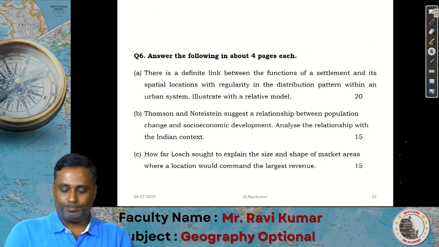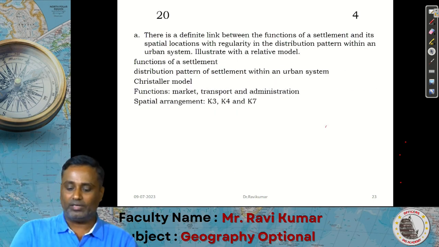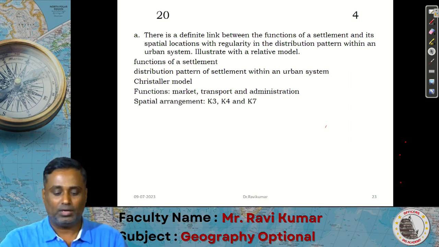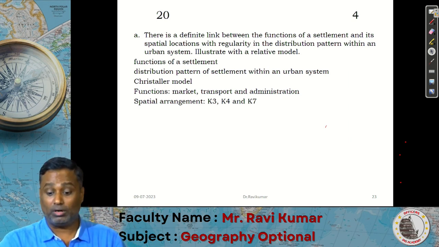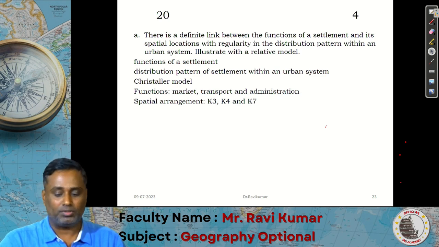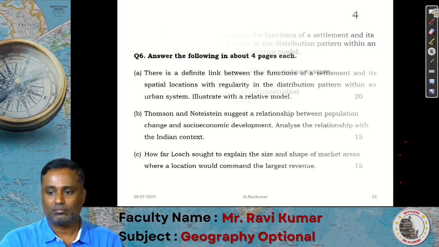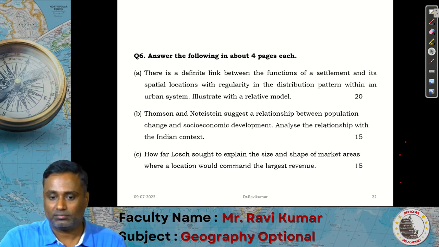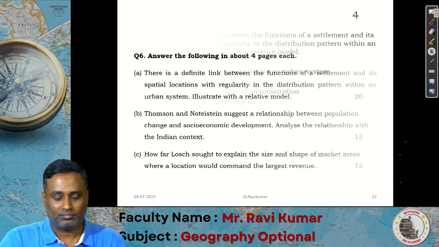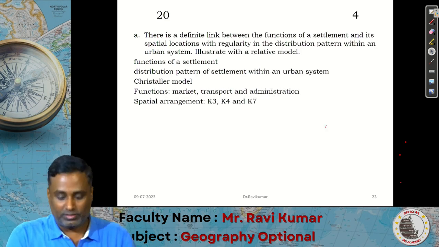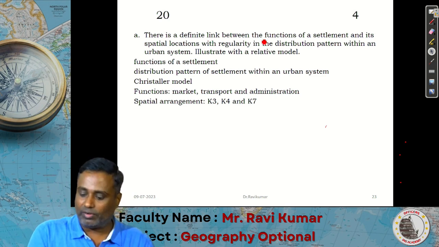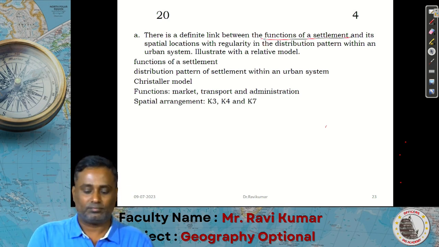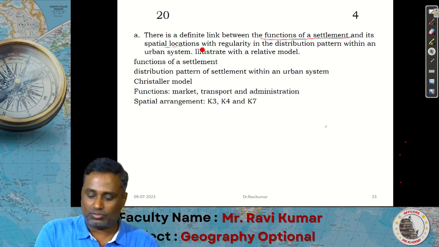So we go to the last question. There is a definite link between functions of a settlement and its spatial locations with regularity in the distribution pattern within an urban system, illustrated with a relevant model. Which model are we asking? Central place theory. How can we identify central place theory? You can see the link between functions of settlement and spatial locations,